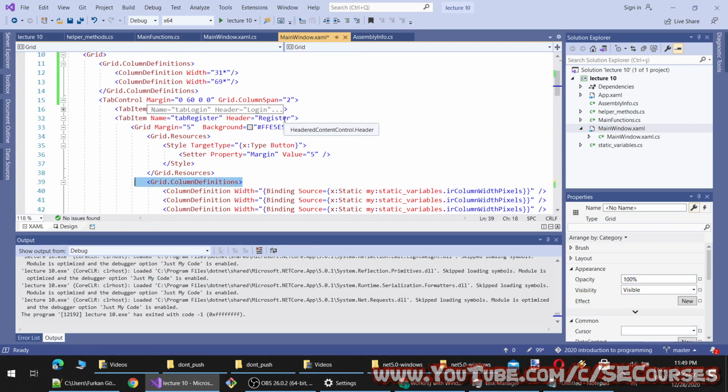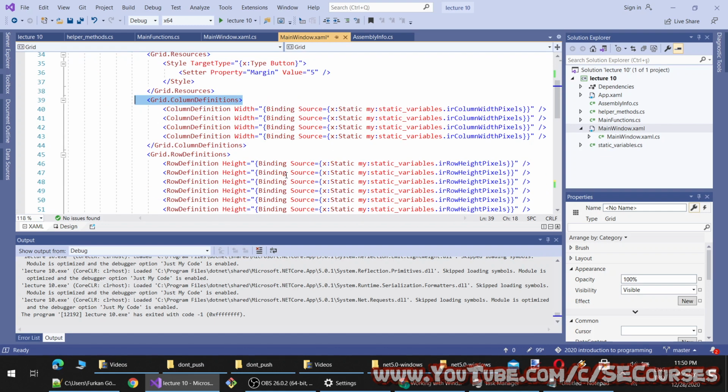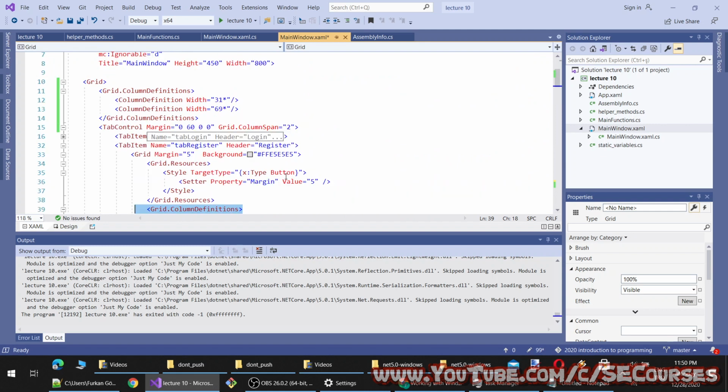We can set, you see we have used the grid in the register, and we can also compose a grid in the main panel as well.